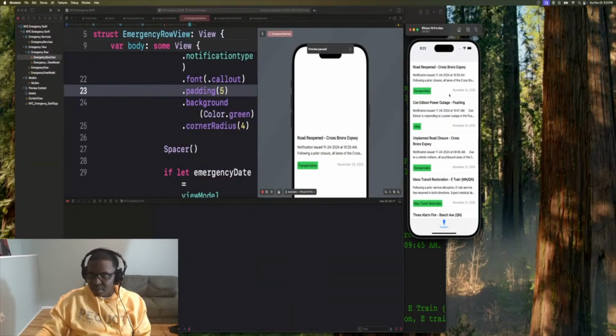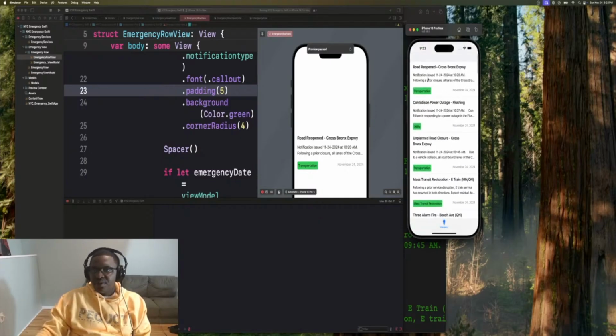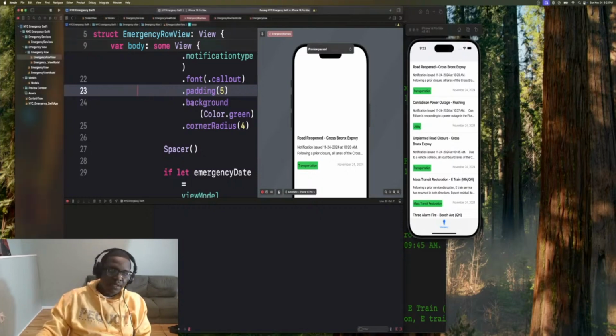Okay, looks much better. So we can see the type, we can see when this was posted, and we can see the title and whatever for the emergency. So before we go to where we can click it, and we see a sheet or navigate over to the side, we want to add a title here, and this title is just going to say like NYC emergency. But to do that,